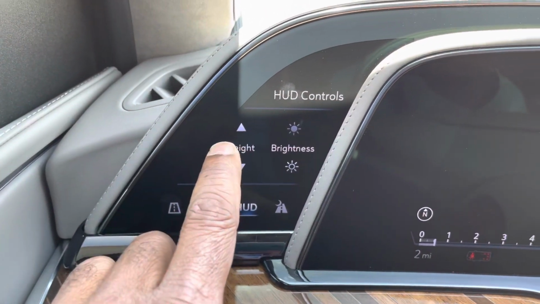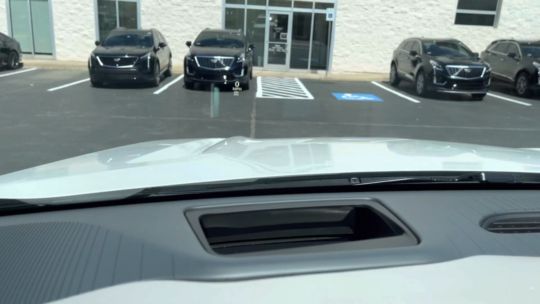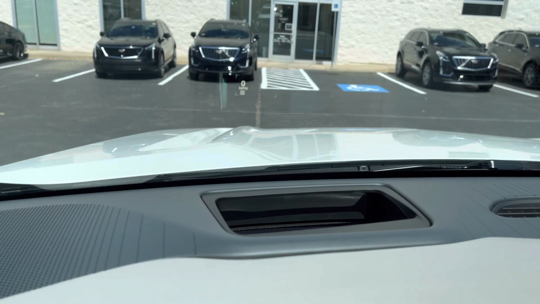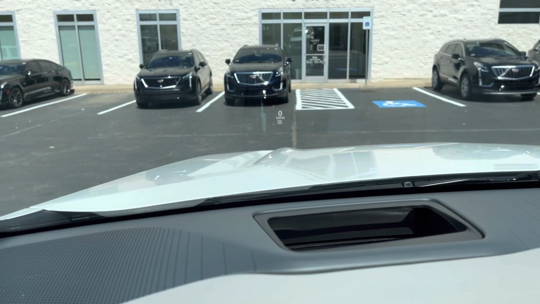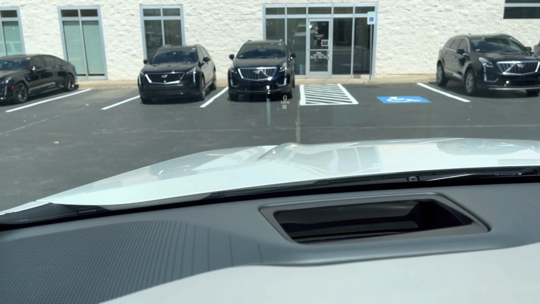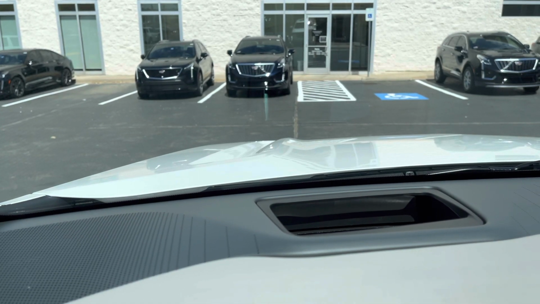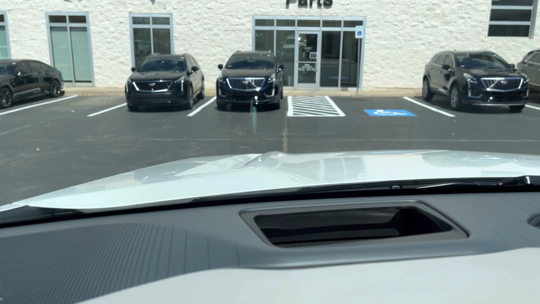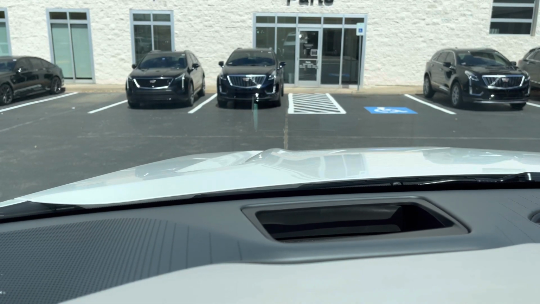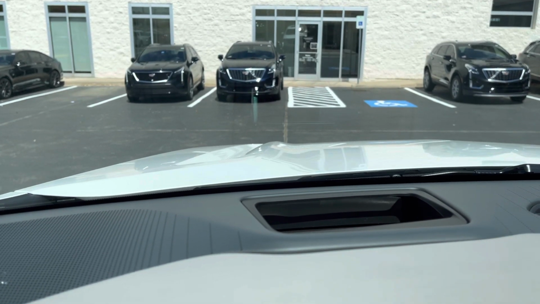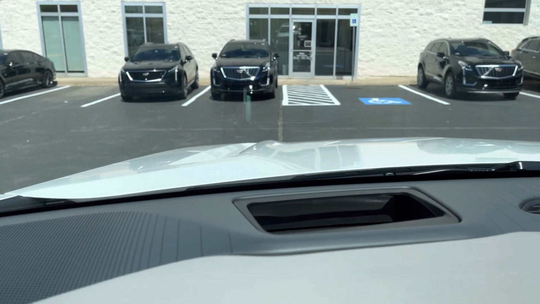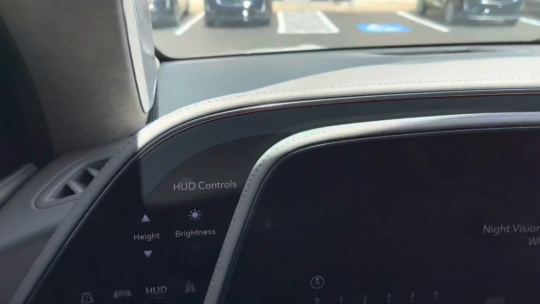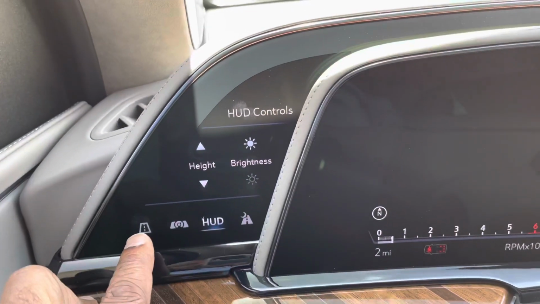You'll get height to adjust it up and down. As you can see it moving, downward now and upward now. And I can also go with brightness and dimming it to the point where I can't see it at all. Let's just bring in brightness. Let's go with the brightness again. And it's blinking because of my video. All right, now let's go back to